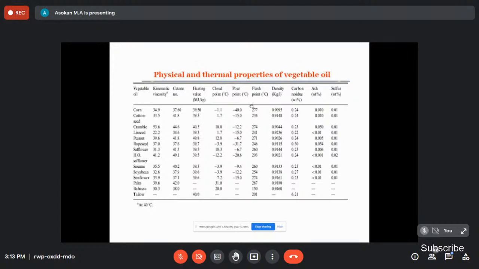So also the flash points are very high, so it is safer to use. Right? So the only drawback is the viscosity. So then how to reduce the viscosity? Then we go for